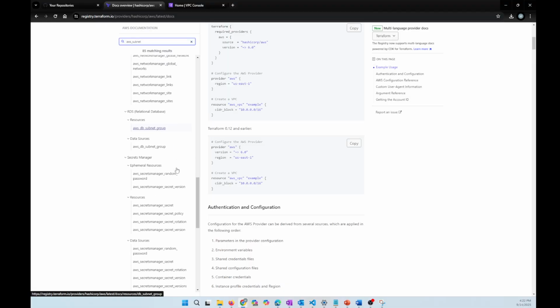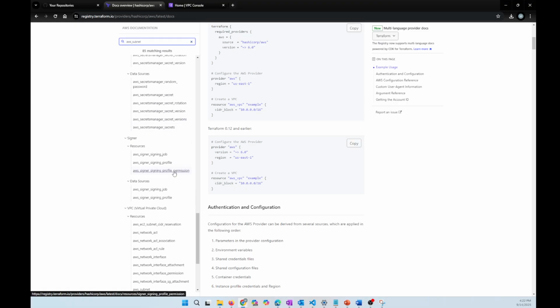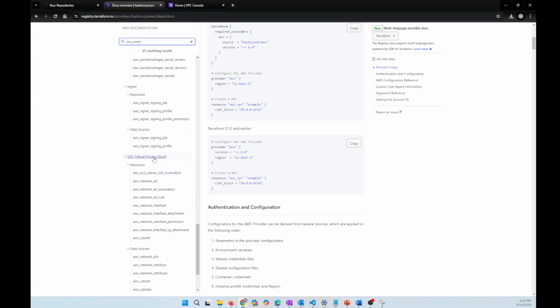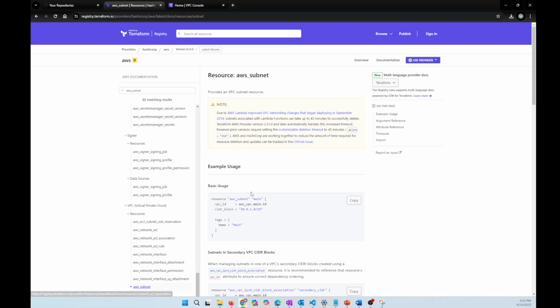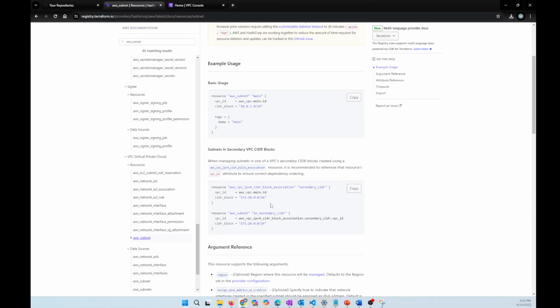I just want to show you the exact location for this one. Okay, VPC private cloud. So now you can see here you have all these options, and here we can see AWS subnet. So we can simply click on it. This is another easy way. You can go ahead and search and get the syntax for all. So we can see here resource AWS subnet main. It's again the main that is by default given as the name. You can change it, and so we'll simply copy it from here,